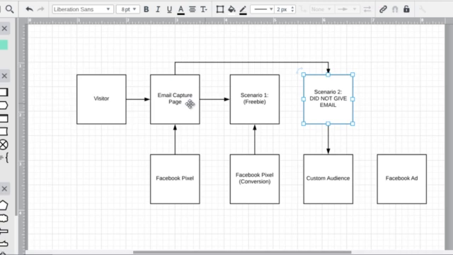So in certain respects, what this is going to do is if somebody visited this page, but they did not visit this page, then we put them in a custom audience. If they visited this page and this page, then we do not retarget them. Now, it's going to be easier to understand when I visually show it to you, but I just want to give you a bird's eye view here. So at this point,